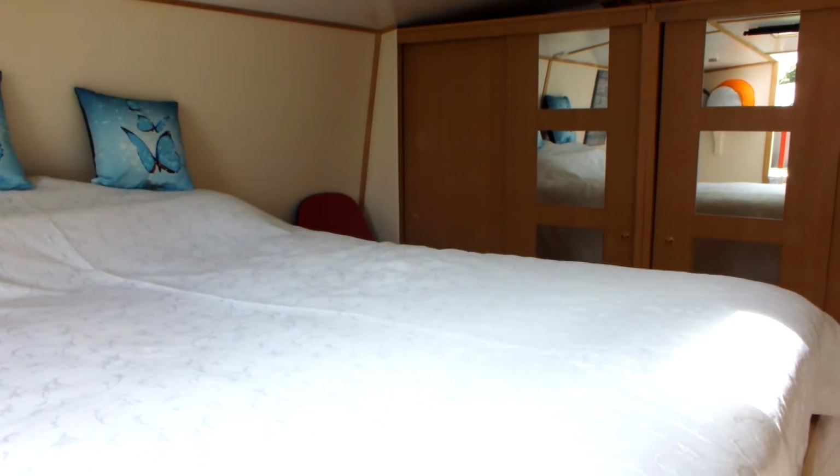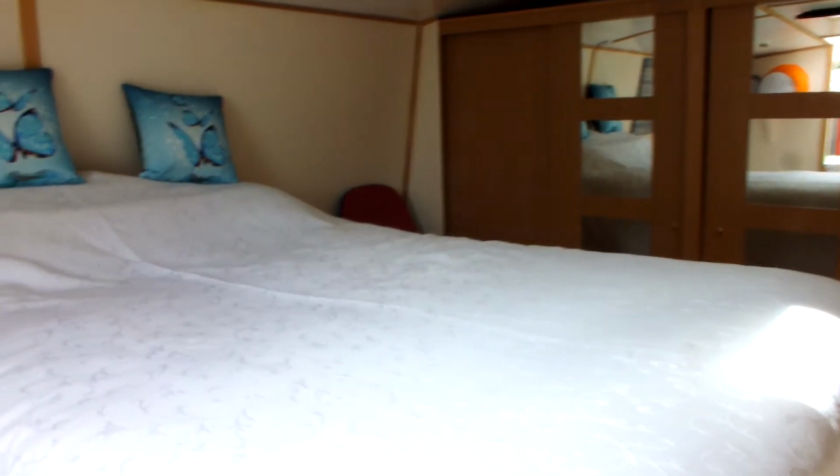Hi, this is Boatshed Thames on a 65-foot wide beam. We're starting at the stern of the boat,